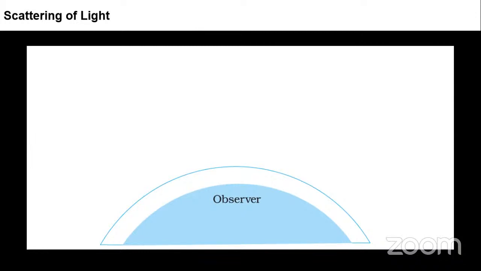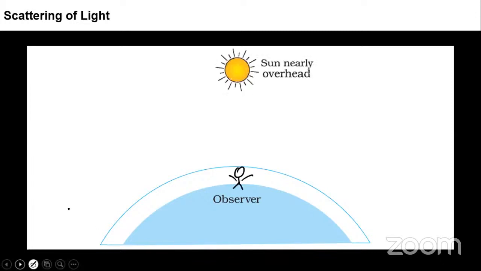Fine. So this is we as observer standing here. So I am standing here, you can see. Suppose when the sun is direct overhead, the rays will come from the sun like this. And this is the gap between the atmosphere and you as an observer on the land, on the earth. And this is made up of different layers of atmosphere, you can call as different refractive indexes. So that's why,